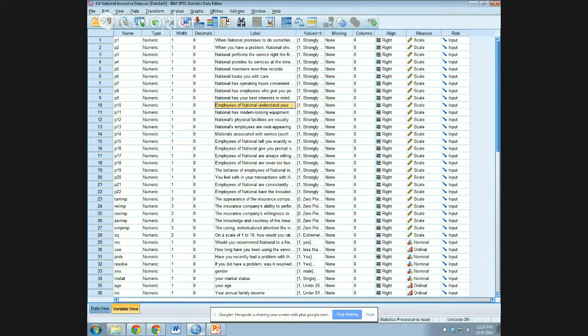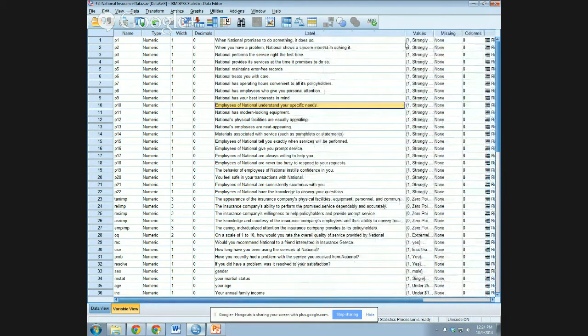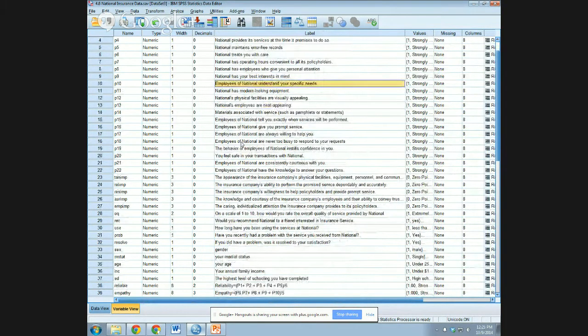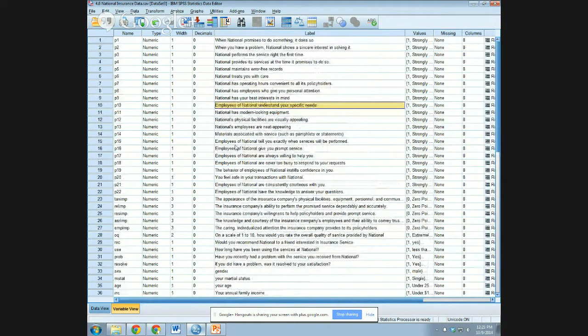I want to compare a sample mean to a population mean, okay? Now let's say I want to compare whether or not people in this survey believe that employees of National are always willing to help them. Now I've sampled